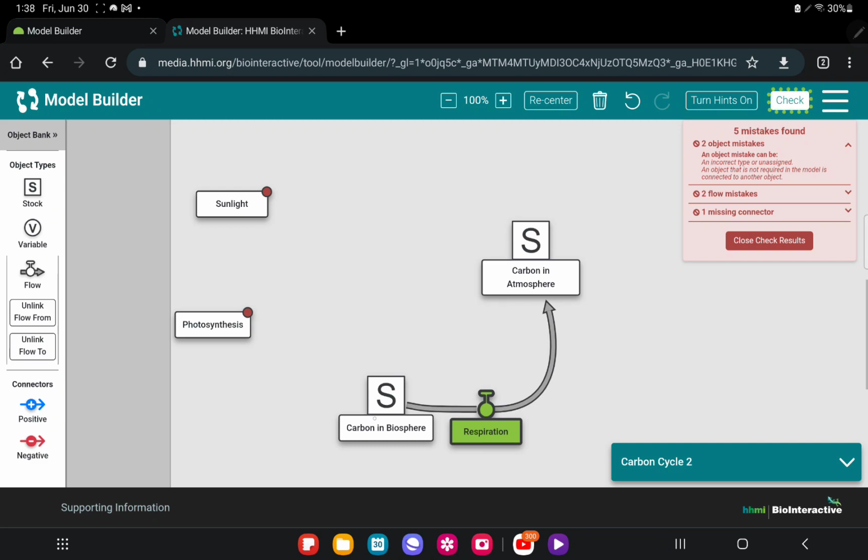So we have consistent units here. Carbon in the biosphere is just flowing to carbon in the atmosphere. And how is it flowing? It's flowing through this respiration flow. Okay, so now